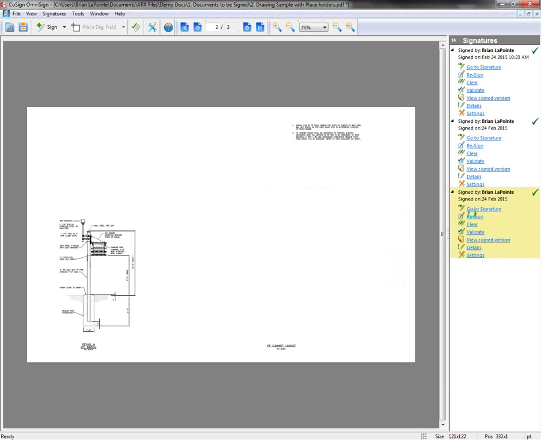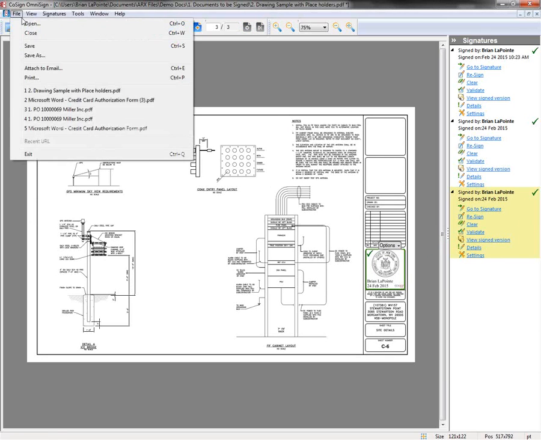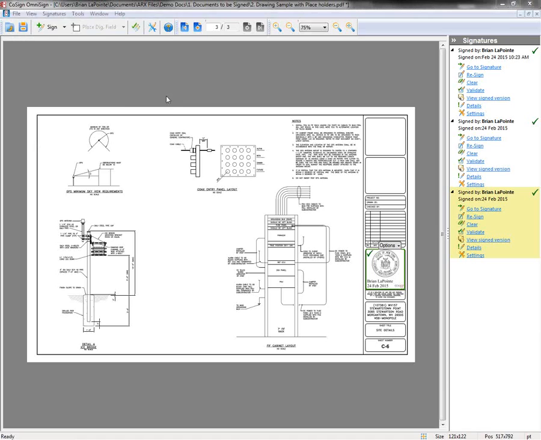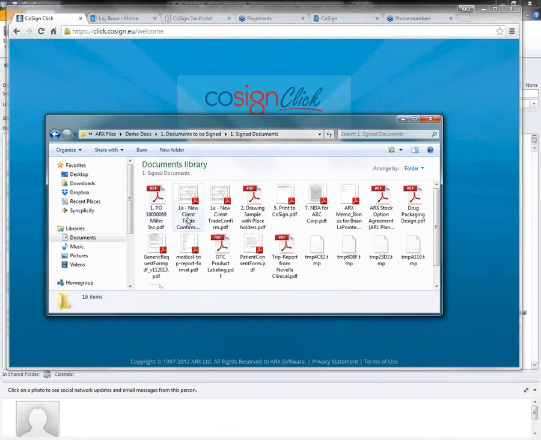And there it is, and then go to signature. So it's all been signed now. And when I go file, I'm going to save this. So I'll close it. I saved it into here.